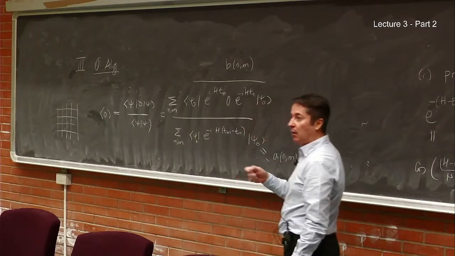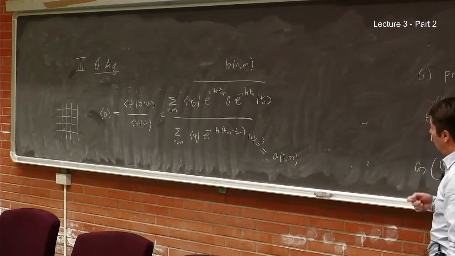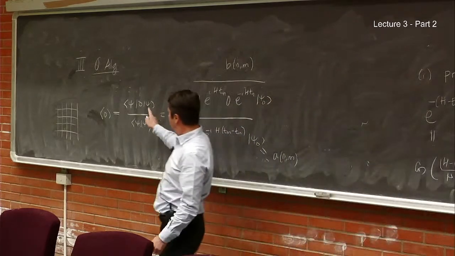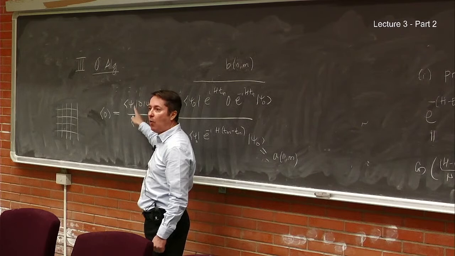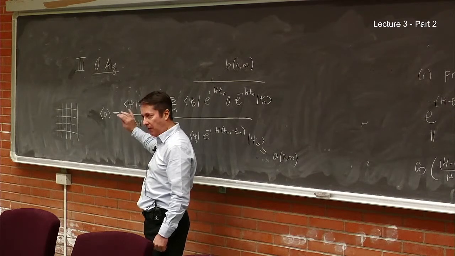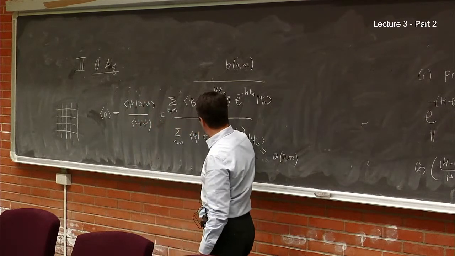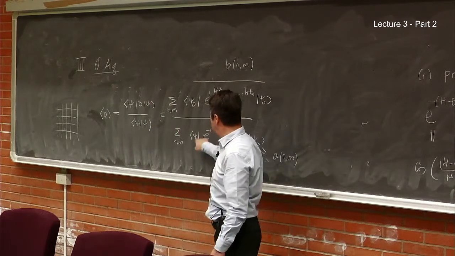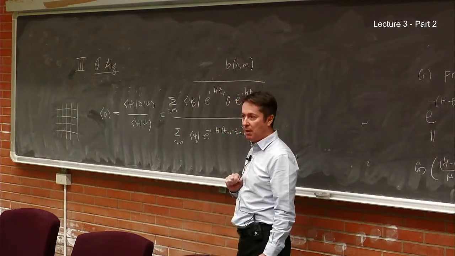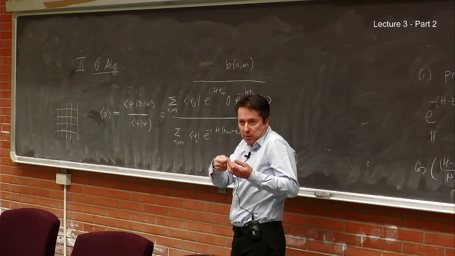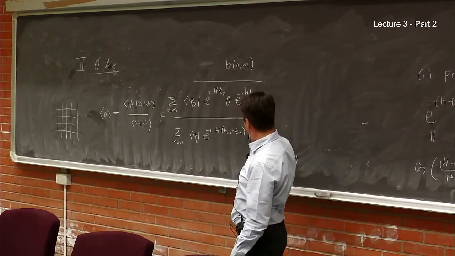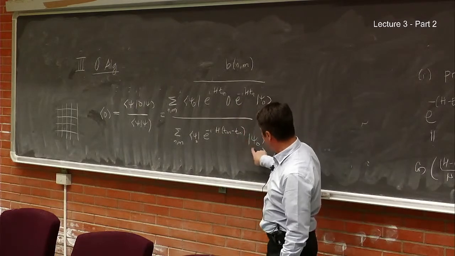So the idea of this algorithm is not to prepare the state and then measure something, but rather to say, if I want to compute the expectation value, I don't have to do that. What I have to get is how much is that, and how much is that for different values of n and m. And if my computer is able to do that, then I will be able to compute this quantity. But let's look at what is here.